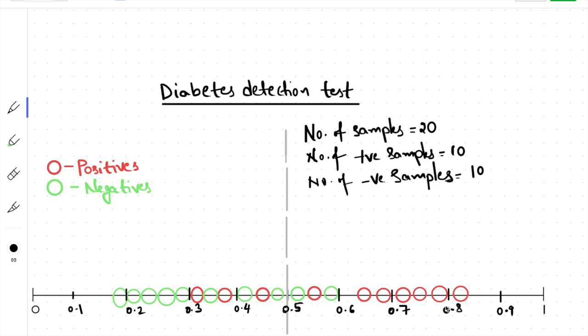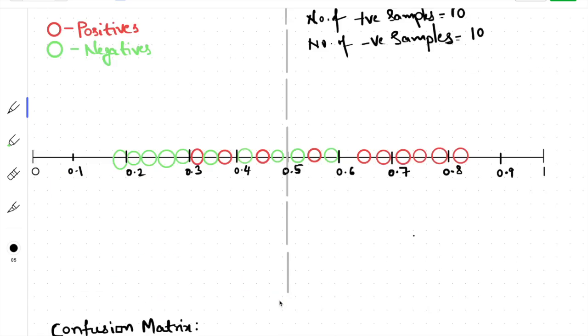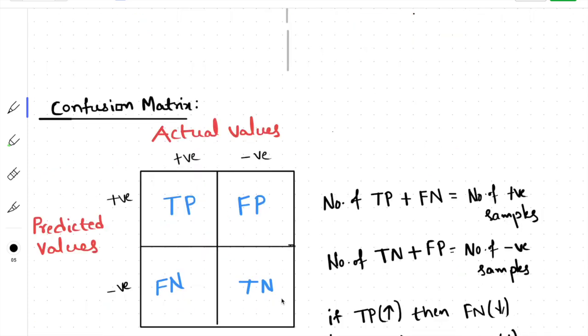So we can see there is some overlap between the green and red circles. In the real world this is always the case, that it is very difficult to have a clear distinctive boundary between negatives and positives. There will always be an overlap. So that is the reason why we need to identify what the suitable threshold would be so that the model performance would be better. Before understanding how we set the threshold, let us revisit some of the concepts in